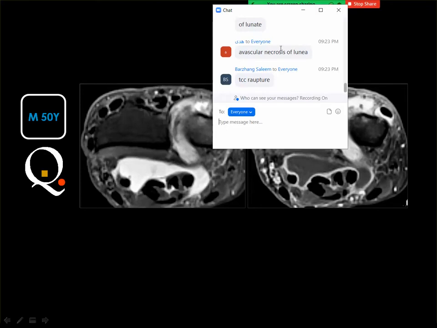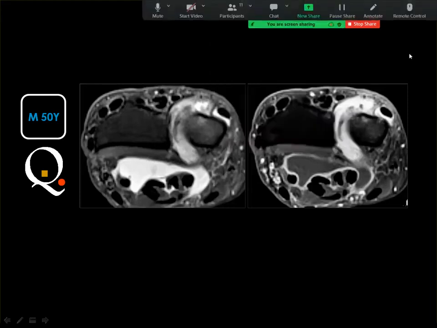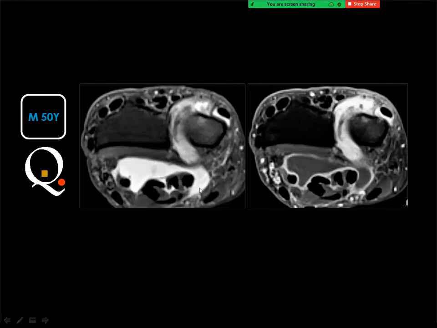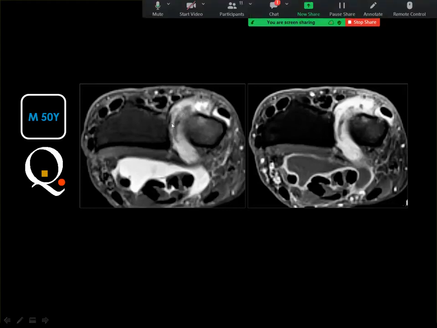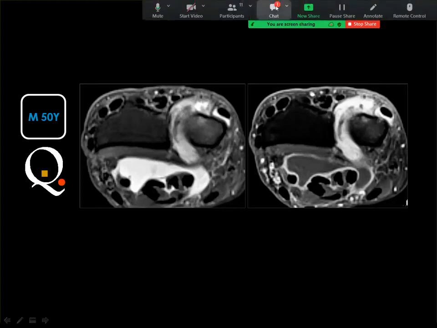Triangular fibrocartilage, this is not the area of the triangular fibrocartilage. Actually, you can see here some fluid signal in the carpal tunnel, as well as in the distal radioulnar